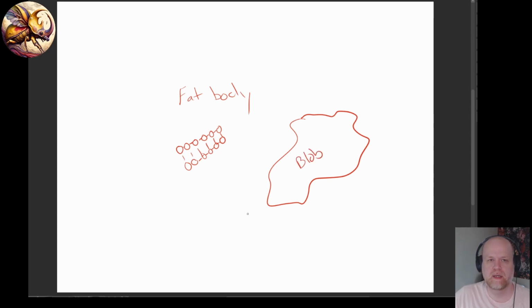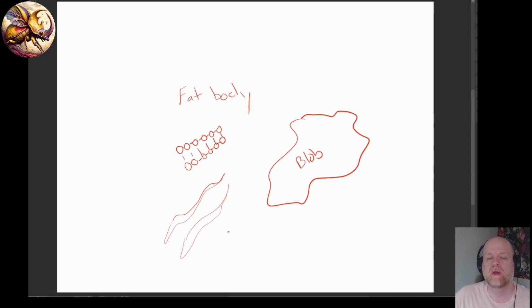This is particularly common in caterpillars or insects with a lot of fat body, and generally speaking, larval insects have more fat body than adults do. And sometimes it'll just look like thin white strings kind of tucked around in the body. And it's present throughout the body of insects. So generally, with humans, we associate fat with your abdomen or your butt or things like that. But there's quite a bit in insects. There is quite a bit of fat in the abdominal regions, but there's also quite a bit